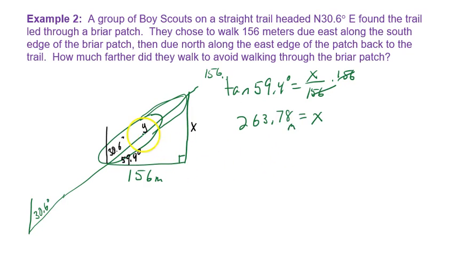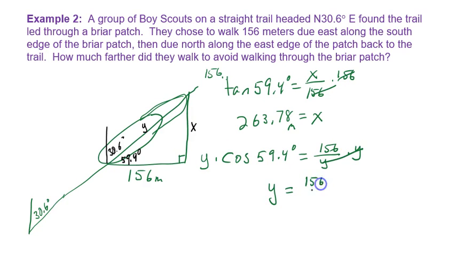And then I also need to find out what the briar patch part of the path was. So I need to find y, which is my hypotenuse. So I'm going to use adjacent and hypotenuse, which is cosine. So cosine of 59.4 is 156 over y. This time I still need to get rid of a fraction, so I'm going to multiply by y on both sides. And I have y times something, and to get rid of that something I need to divide. So I end up with y is 156 over the cosine of 59.4, which when I type that one in is